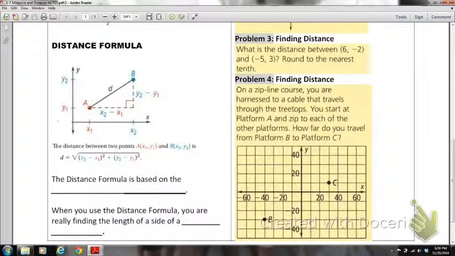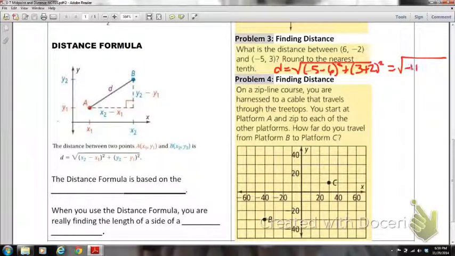Problem 3, you're just finding the distance between two coordinate points. So let's apply the distance formula. Distance is the square root of the difference between your x values squared. So your x values here are -5 and 6. So (-5 minus 6) in parentheses squared, plus the difference between your y values squared, which is 3 minus -2, which is 3 plus 2, parentheses squared, equals the square root of